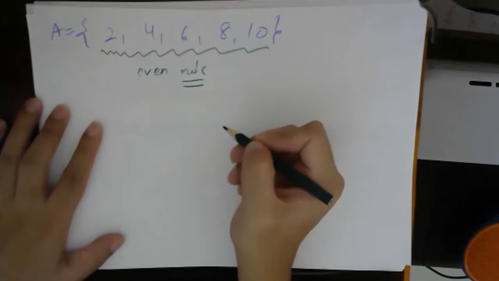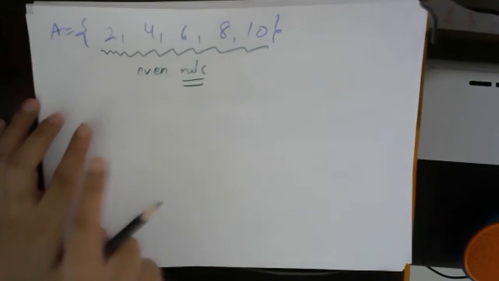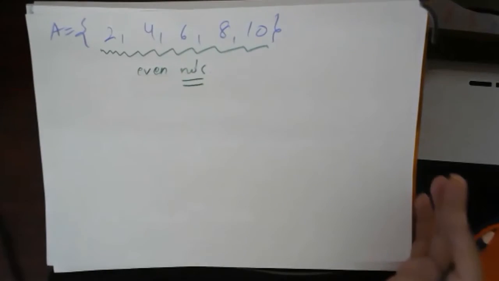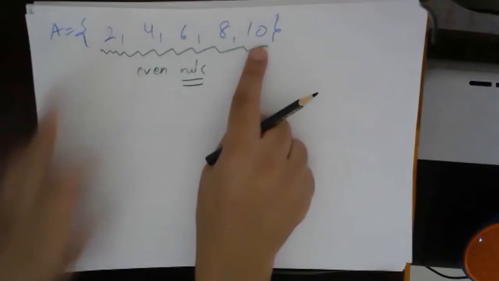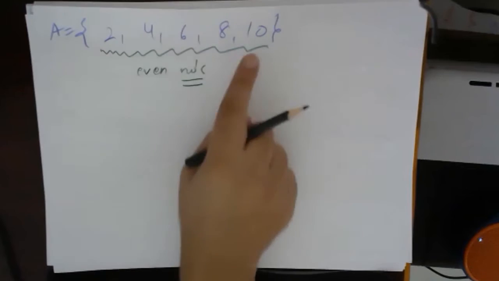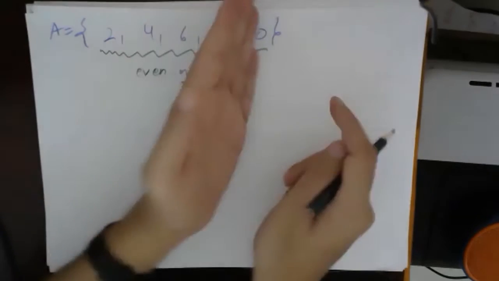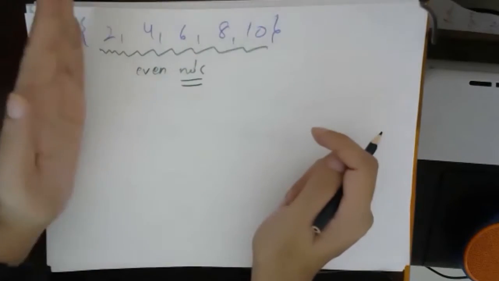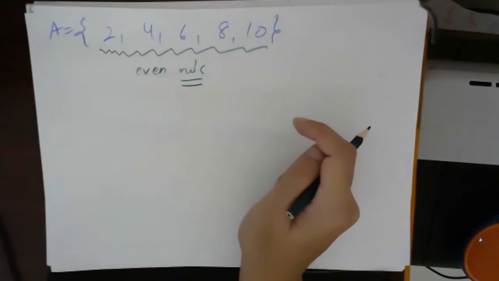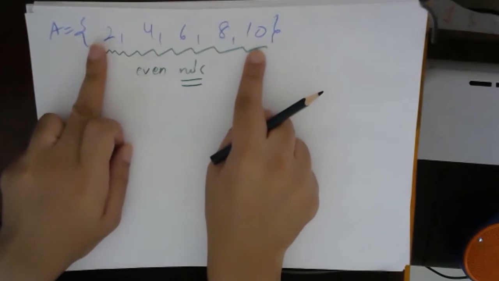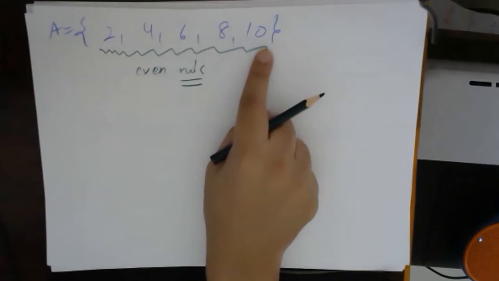These are even numbers, right? And they are not infinite even numbers. They have a lower limit of 2 and an upper limit of 10. That means it is not exceeding after 10 and not preceding before 2. So the natural even numbers are from 2 to 10. Now, how can I write an even number?